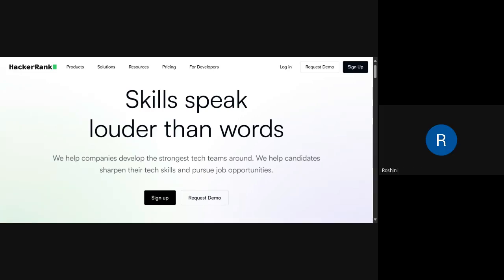Do we need to create an account in this HackerRank? Yes. Then only you will be able to give that test. When will the questions be shared? Questions will be shared today, hopefully by 11 or 11:30 p.m. Is it necessary to do these things? Yes, it is necessary, because if you only attend the lectures, it will not be helpful in the long run. If you practice all these questions, then it will help you a long way.